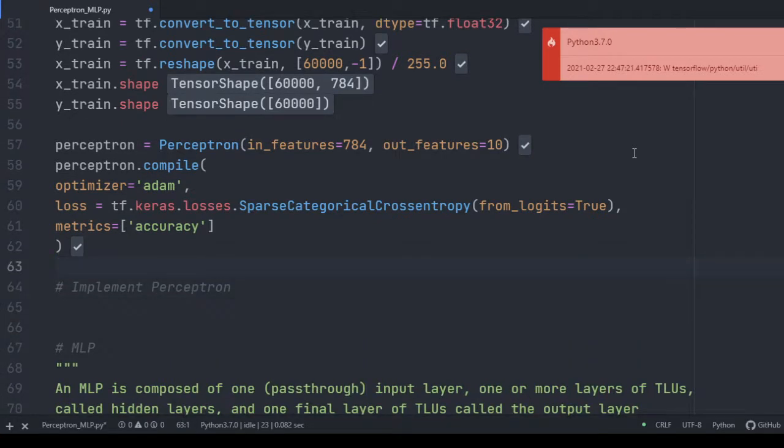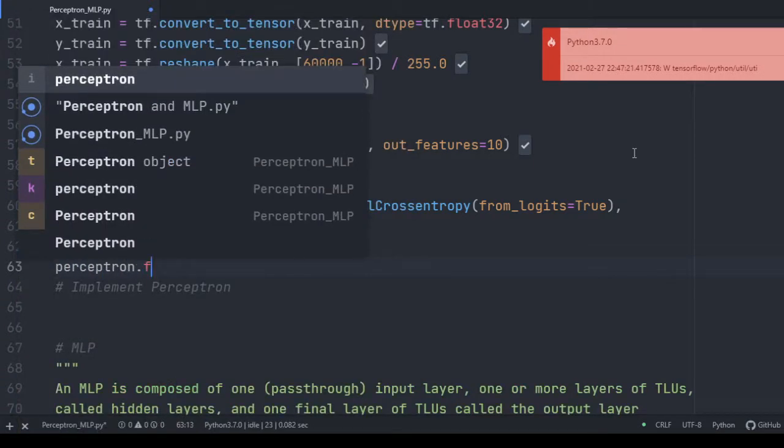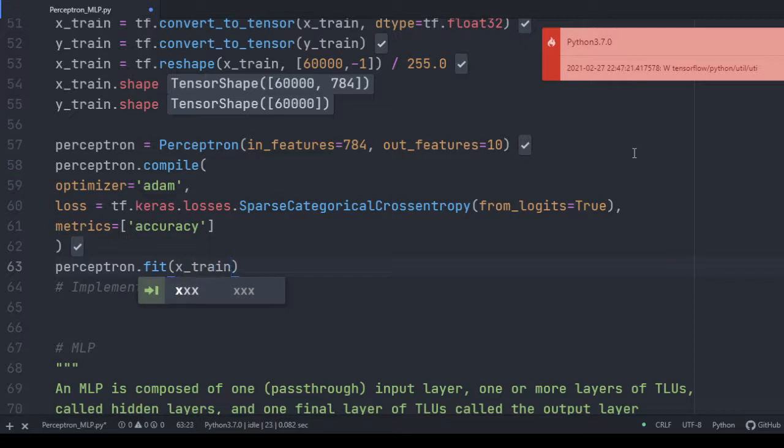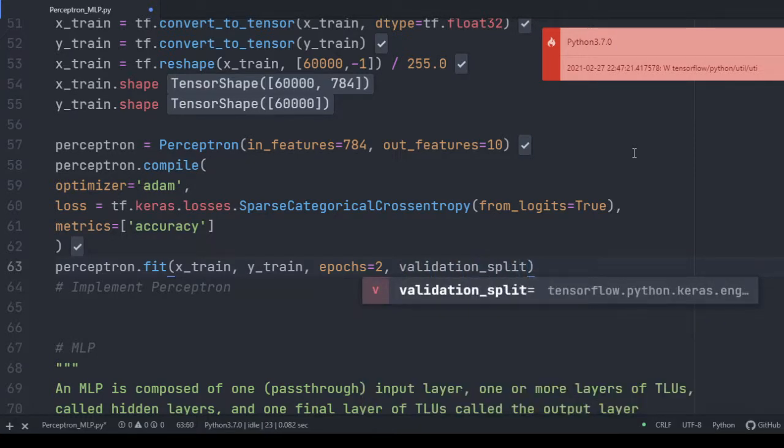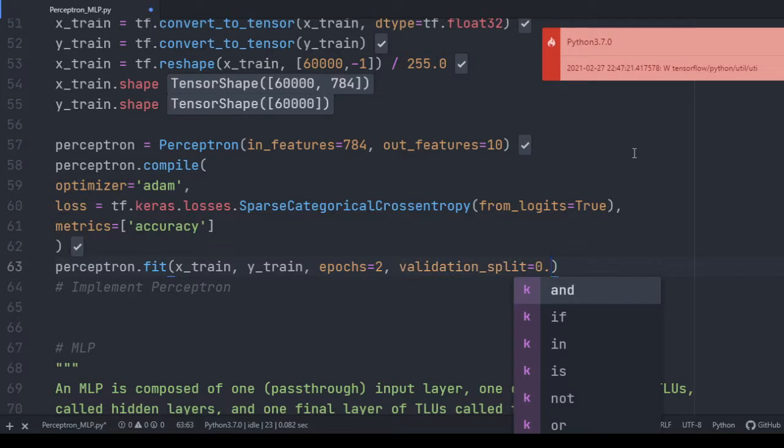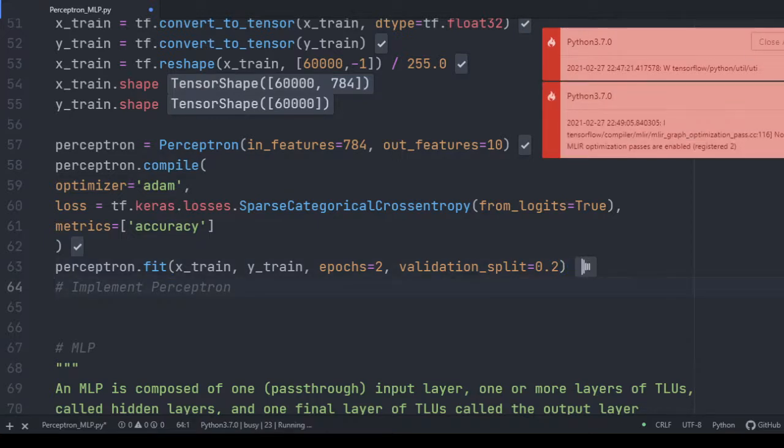To train it now, I'll say perceptron.fit. The first argument is the features, in this case the images now flattened and normalized. Then the second argument is the labels. Then I can also pass a third argument, the number of iterations that the model will pass through the data as it trains. I'll use 2 for now. Then I'll also pass a fourth argument, validation_split, which is the percentage of the dataset the model will use for validation. If I say 0.2, it will use 20% of the dataset for validation. So when we run it now,